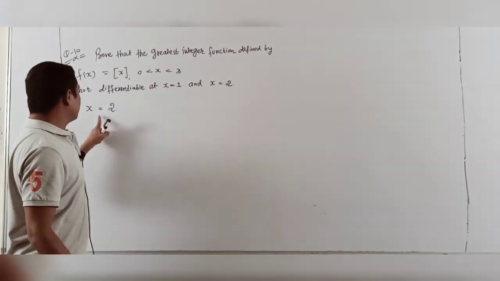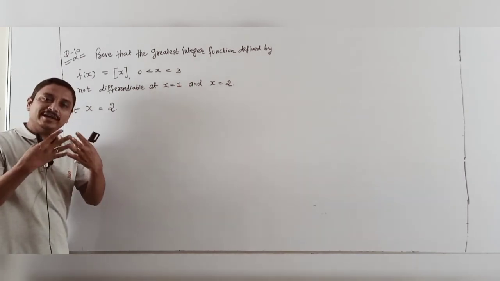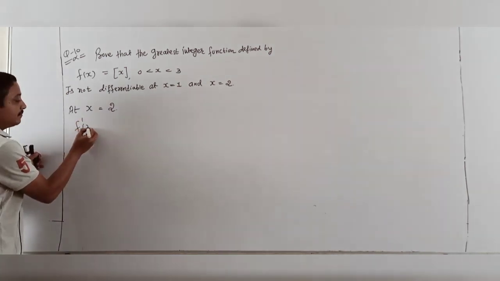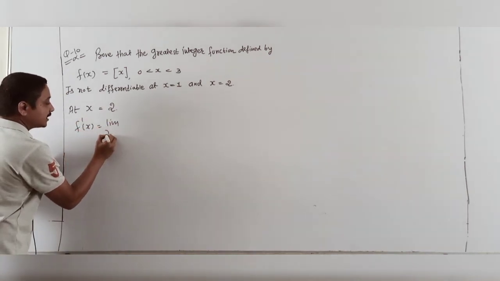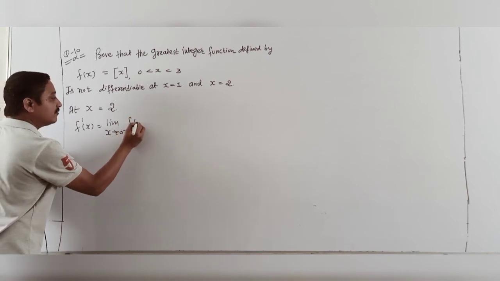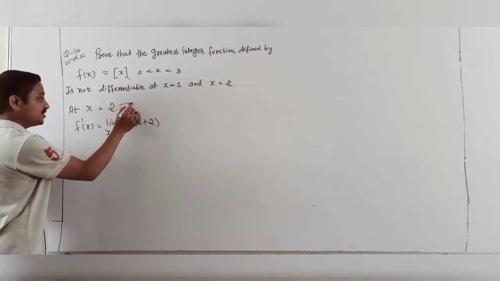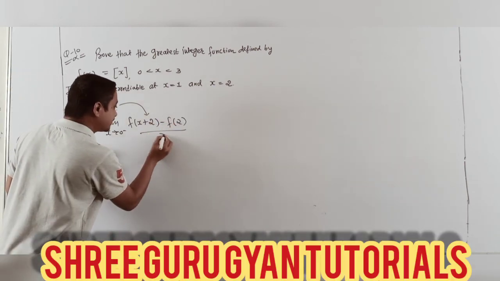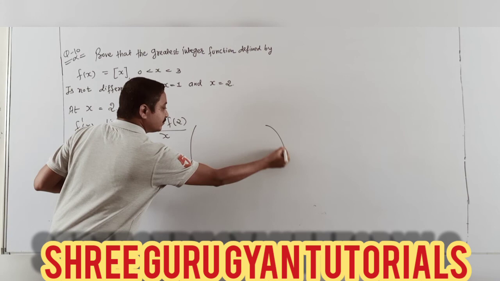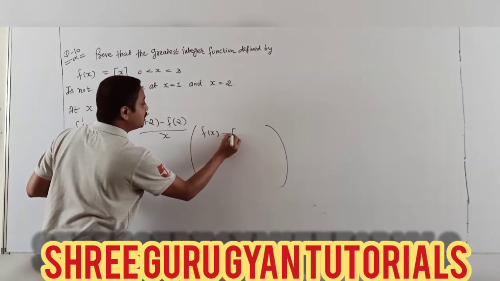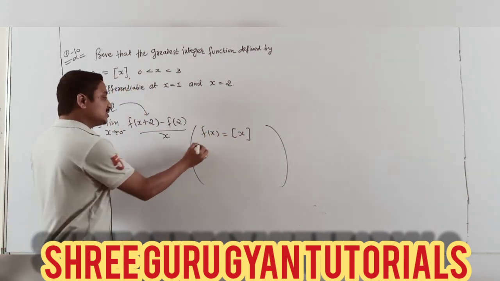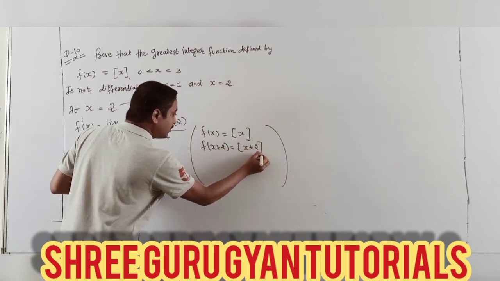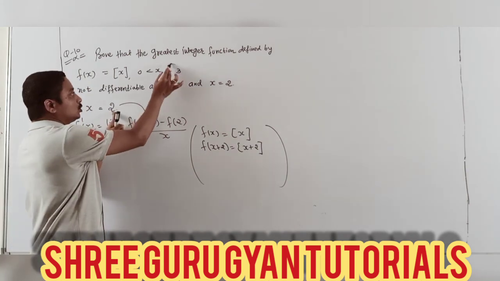Okay, now students, I check about x equal to 2. This whole numerical is explained again, but particularly for x equal to 2. The definition says the limit as x tends to 0 negative of f(x+2) minus f(2) by x. Yes, students, check here, these are changed. Our f(x) is the same, the integer of x. Here I am just explaining x plus 2 above. So here x plus 2. But now, student, I check about 2. So I am just going from 2 to 3.